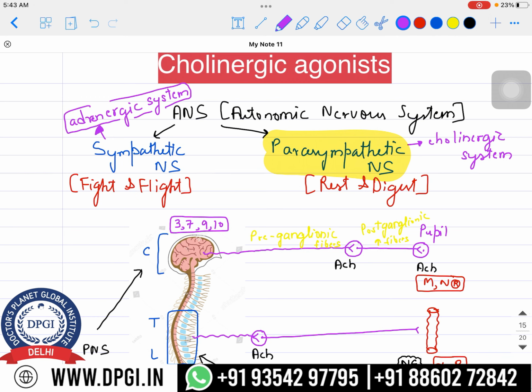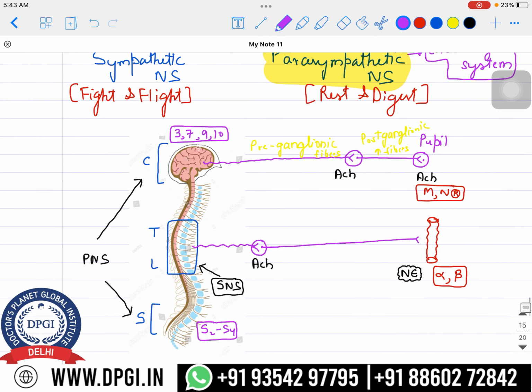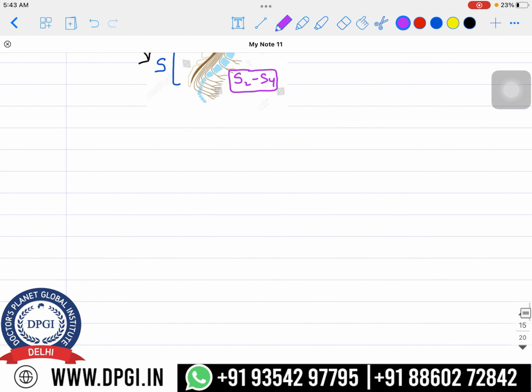So basically in today's session we'll be talking about the cholinergic system. In a nutshell, we'll be focusing on the parasympathetic nervous system for now, the rest and digest response. Once we are clear with this, we need to talk about the action potential theory, right? You must have heard about the action potential from the second year itself in physiology. We have studied the action potential in the neurons, in muscles, cardiac muscles, skeletal muscles, and all of those things.